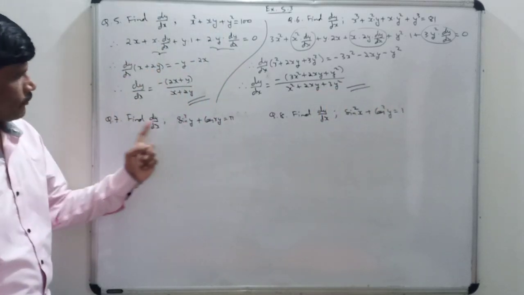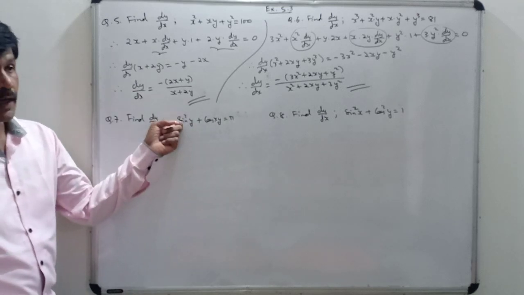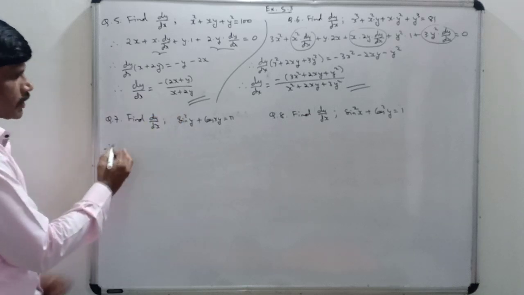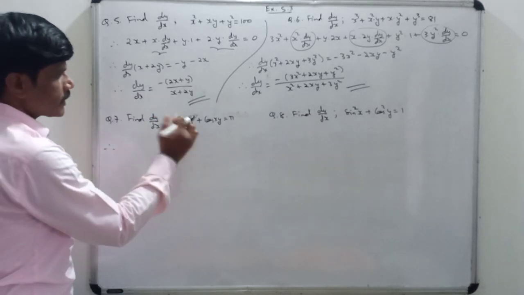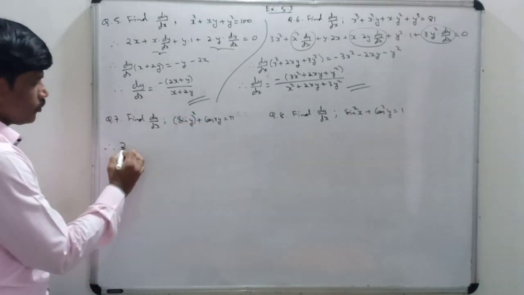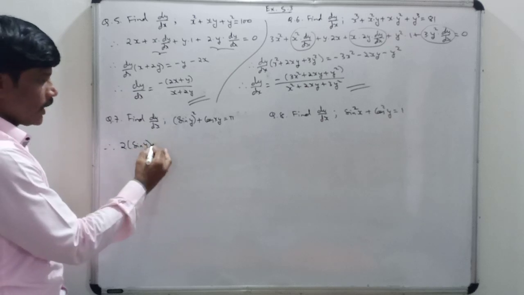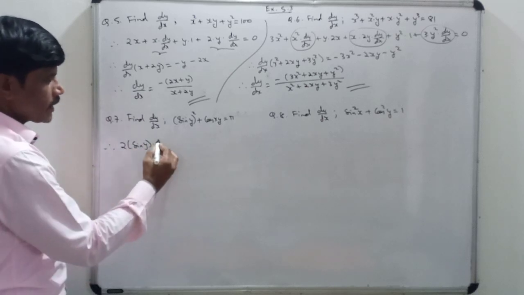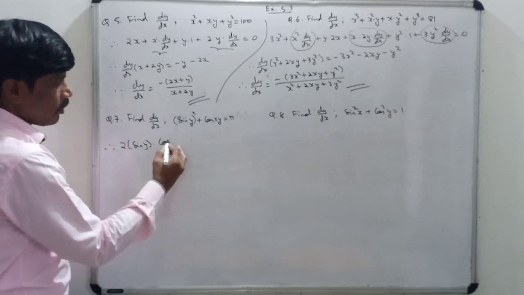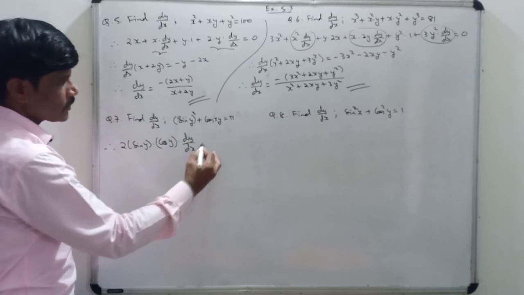Now question number 7, find dy by dx: sin square y plus cos of xy is equal to pi. Now sin square y means it is a composite function, derivative of the composite function. First of all, this is sin square y, I can write sin y the whole square. Now fx raised to n, what is the derivative of fx raised to n? 2 into fx raised to n minus 1, that is 2 minus 1, 1 into derivative of sin y. What is derivative of sin? Again it is a composite function, sin y. Derivative of sin y will be cos y into derivative of y with respect to x dy by dx, plus